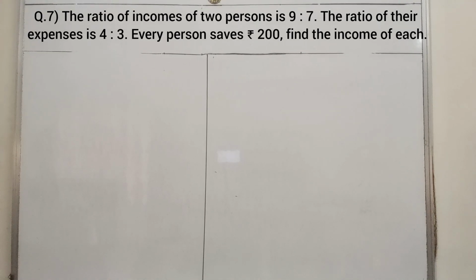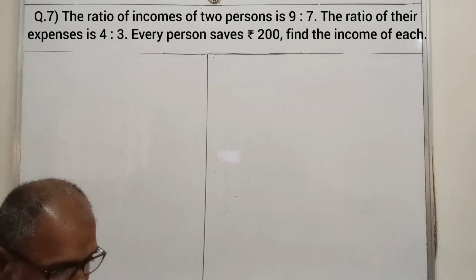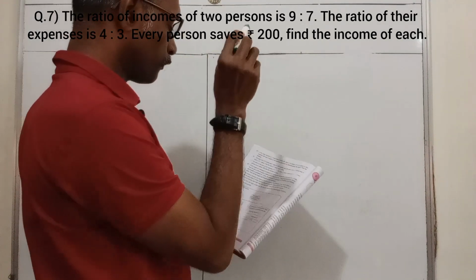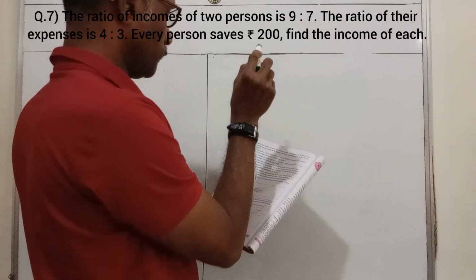Question number 7. The ratio of incomes of two persons is 9:7. The ratio of their expenses is 4:3. Every person saves rupees 200. Find the income of each person. Okay. Therefore, here first we write